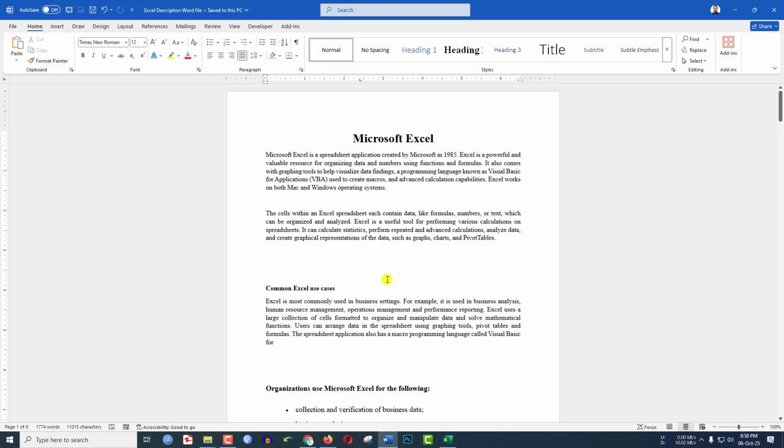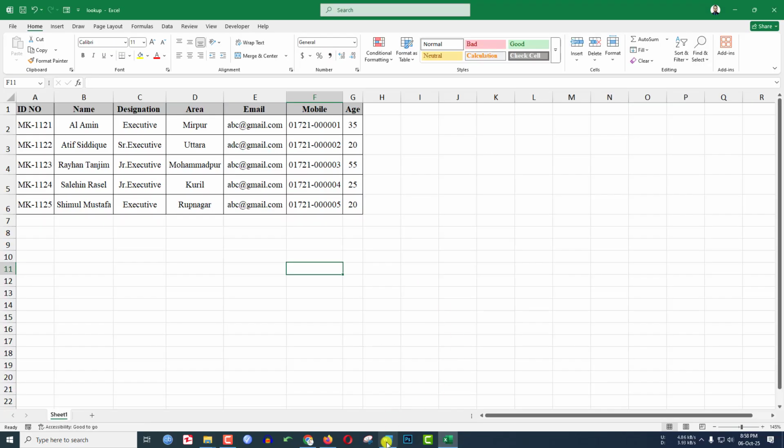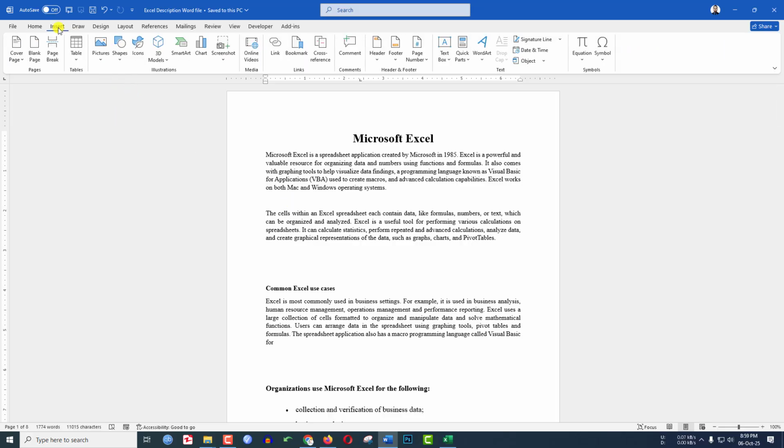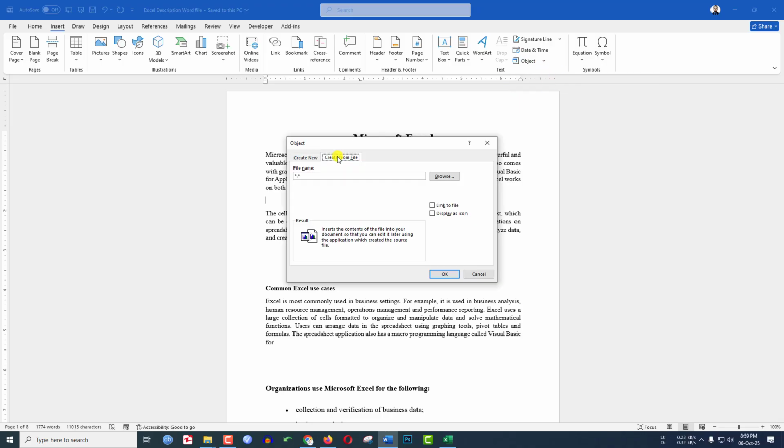In this video, you are going to see how to insert an Excel file in Microsoft Word. Here I have an Excel file and I want to insert it in this Microsoft Word document. So let's get started. Let us go to Insert, go to Object, click on Object, go to Create from File